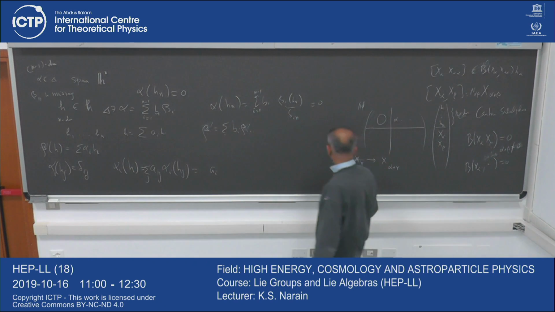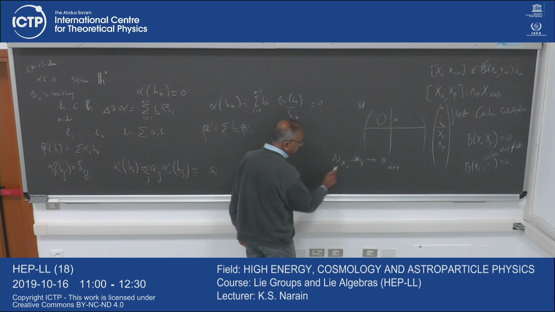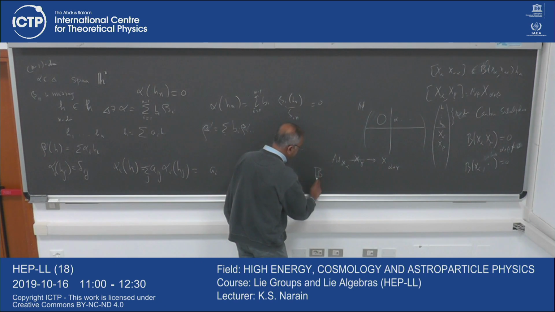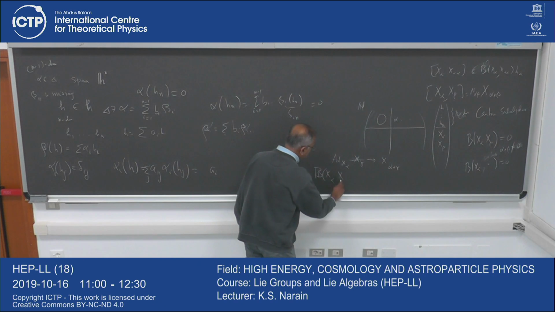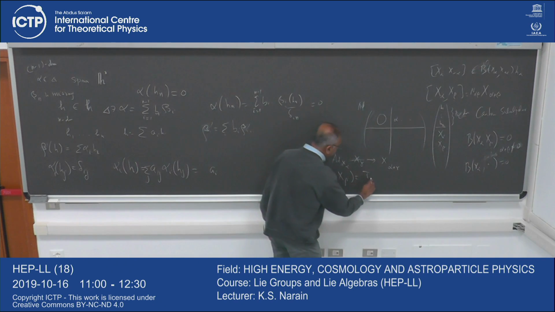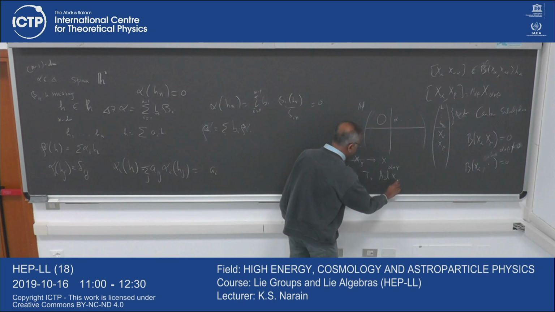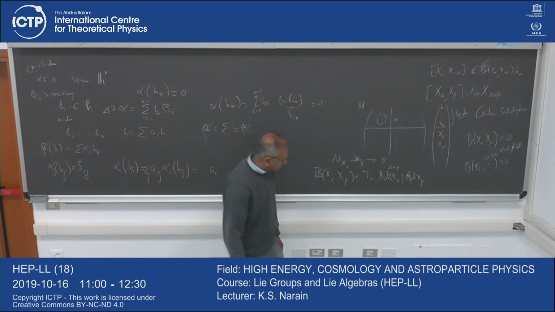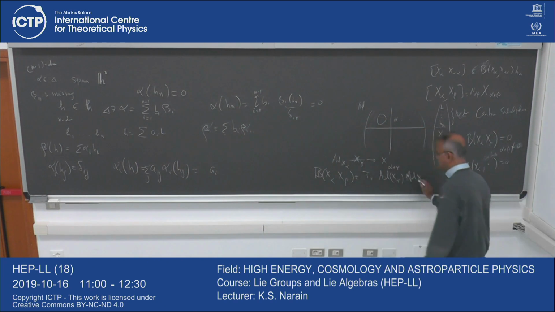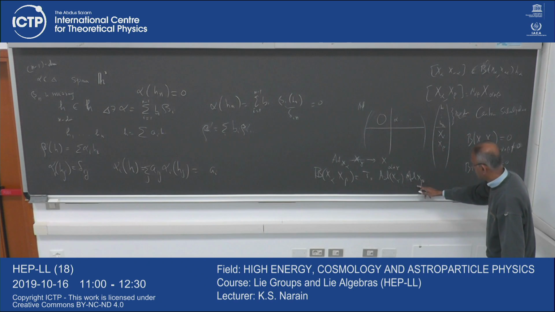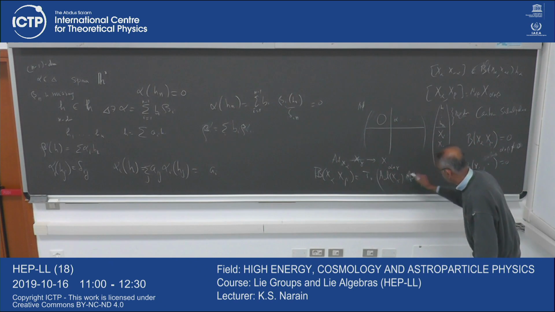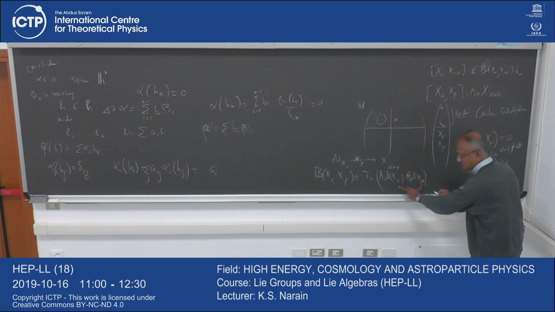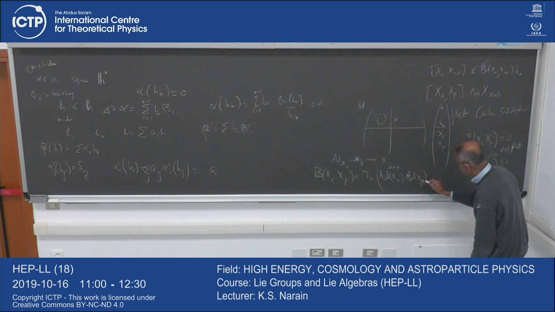Or another way to say it, the way you prove that is that B of x alpha, x beta is the same as trace of ad x alpha ad x beta. And then we showed that this object is completely off diagonal. Before taking the trace, look at this matrix, this ad x beta,